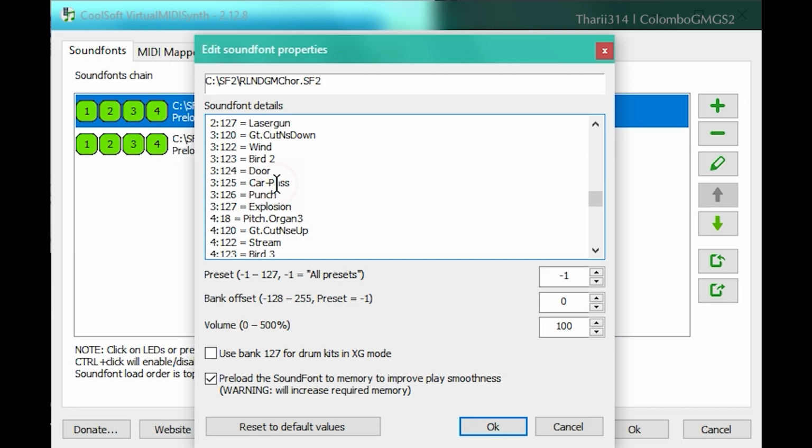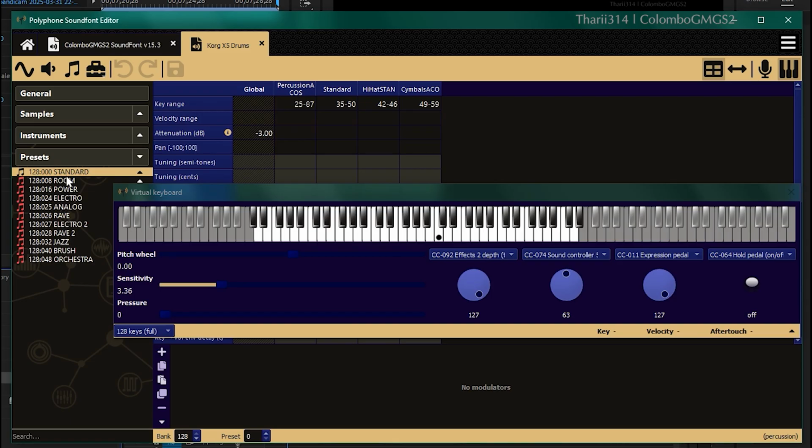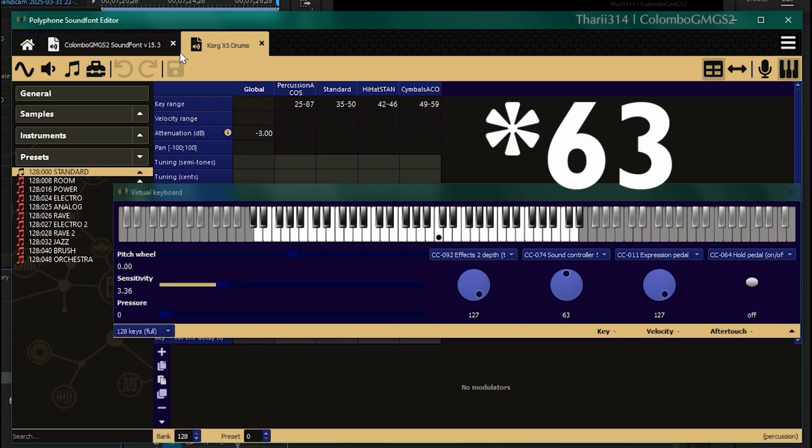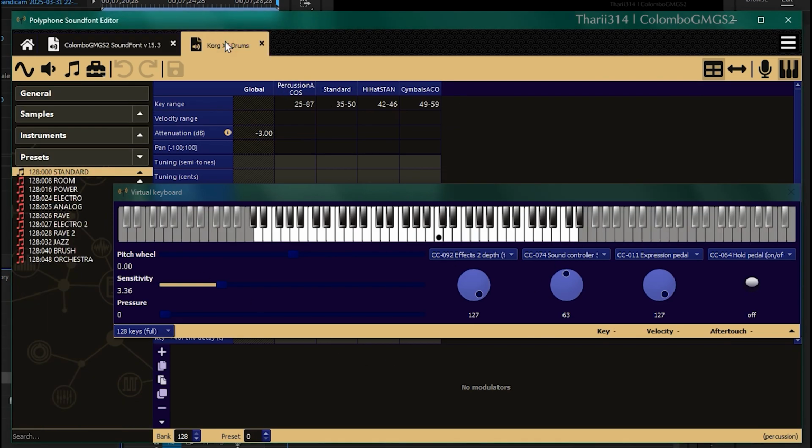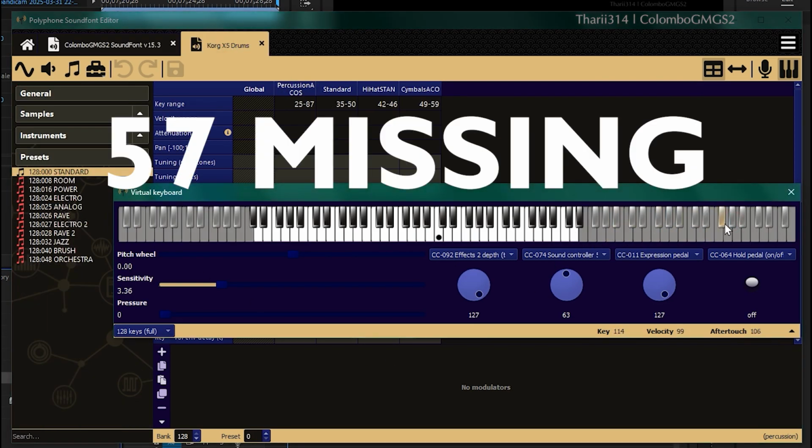Please note that this will only fill up blank presets and not blank keys. In other words, sound font players do not mix presets. For example, if your primary sound font has only 40 basic sounds in its drum kits but your secondary sound font has 70, you will still miss out on the additional 30 percussion instruments.